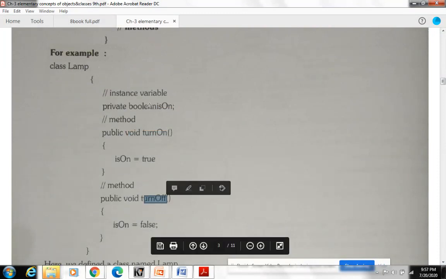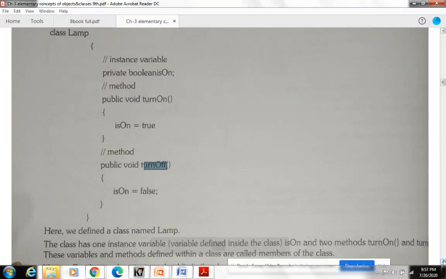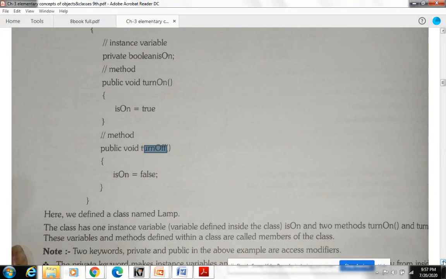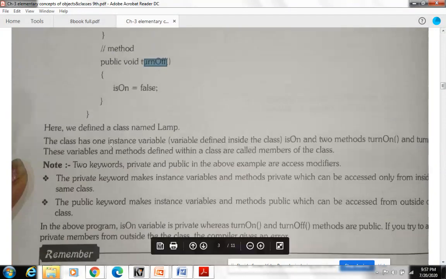So it is depicting these variables and these methods in one class. Whatever the user, the programmer, has defined in the class, on that basis only it can represent, maximum. So a class becomes a data type to the extent the user has defined it. It is telling you a class has one instance variable, meaning the boolean we just declared, and it has two methods, turn on and turn off.